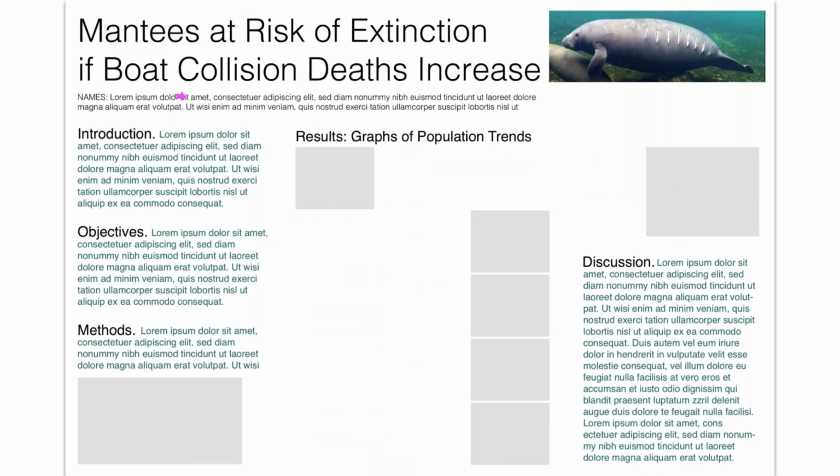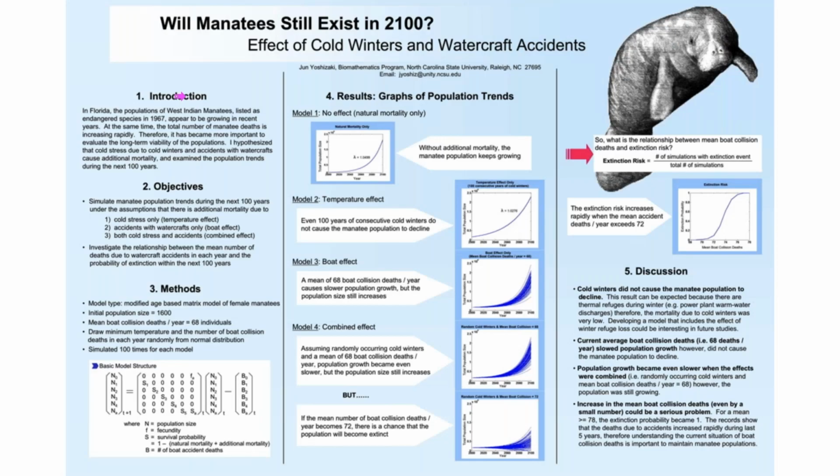So the first thing I did when I made my quick redesign is take the background back to white. I'm a fan of a sort of minimal approach to poster design and just design in general. I don't mind the blue necessarily. I just felt that it wasn't